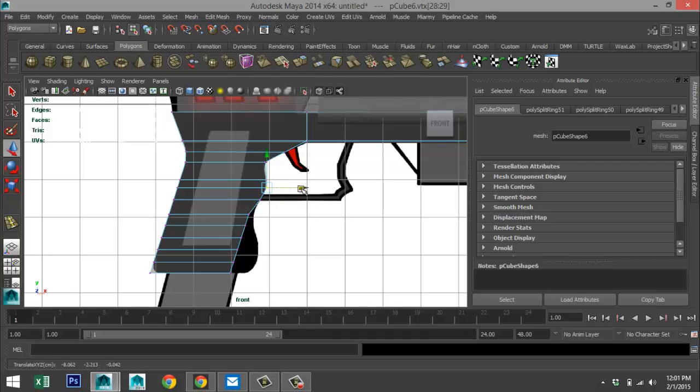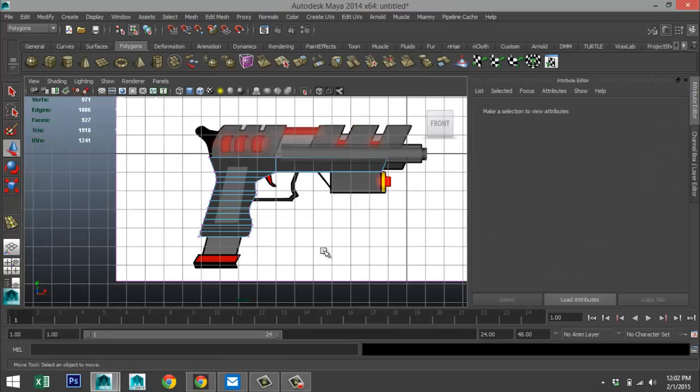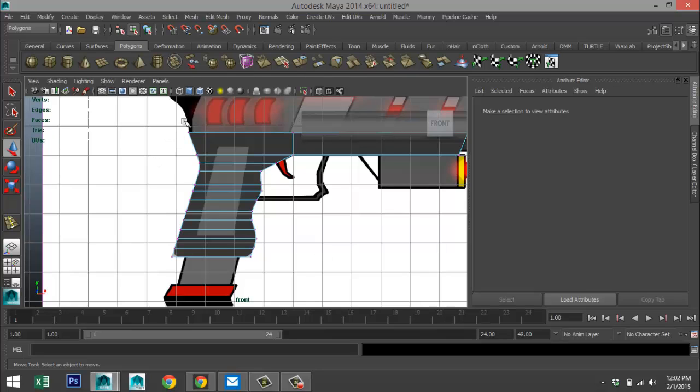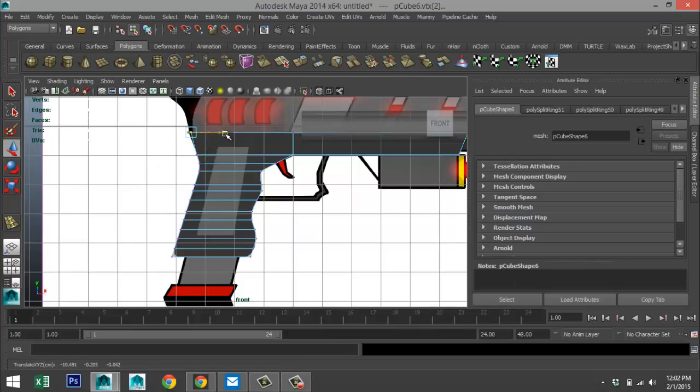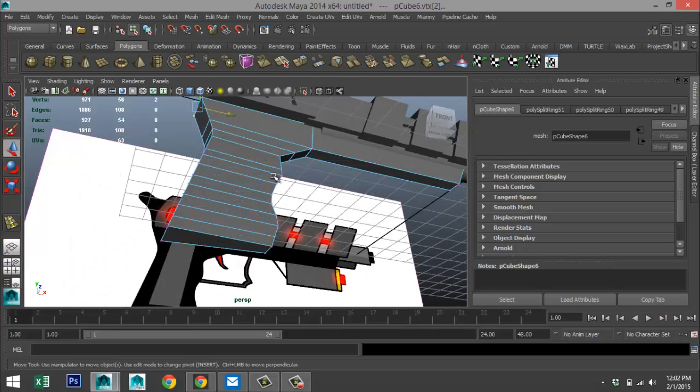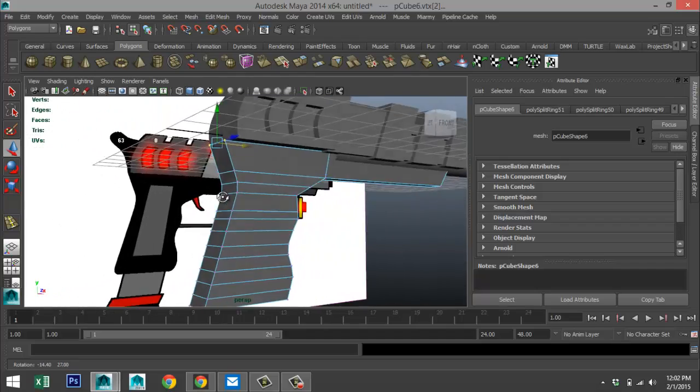Take the one in the middle. Okay. Take the one up top here, bring that one in. Actually, we'll leave that for now, which will give us this.